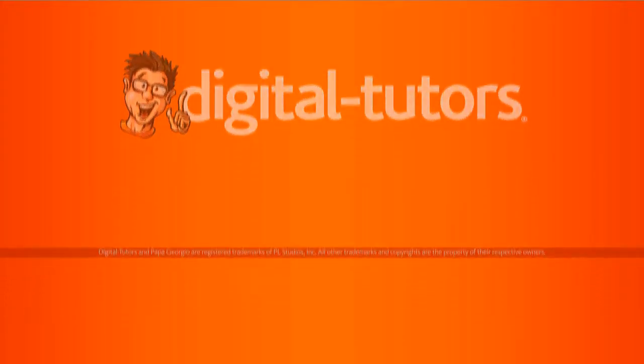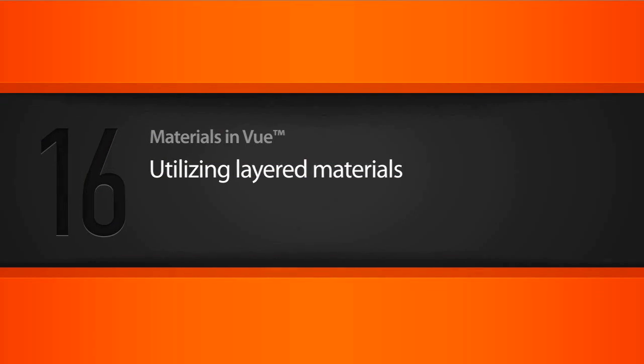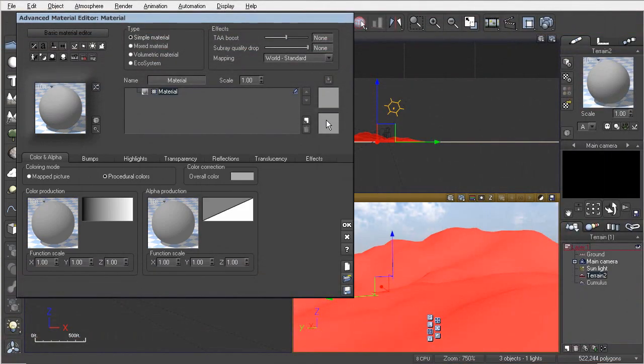In this final lesson, we're going to learn about layered materials inside of the Advanced Material Editor. Alright, so let's open up our Material Editor, and we're going to discuss layered materials. Now this may seem like we're digressing a little bit because we've talked about ecosystem materials, we've talked about hypertextures,